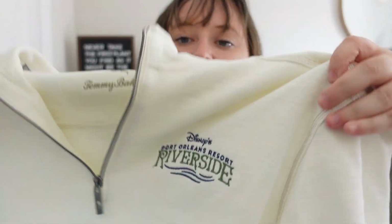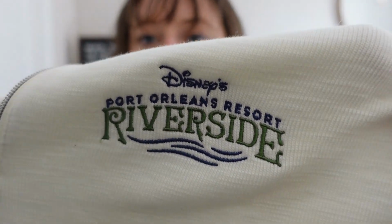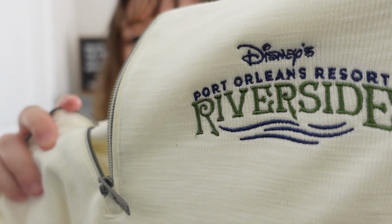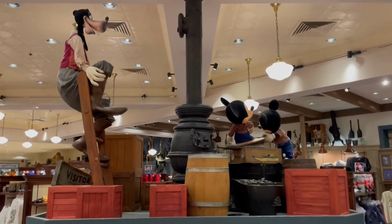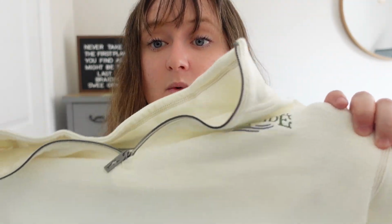So the second thing that I bought, clothing-wise, is this sweatshirt, and it is Port Orleans Riverside. I don't know if this is gonna be backwards for you, but it is super adorable, and it's white, and I, again, love it. So I impulse bought this. This was in the store at our hotel, and the thought behind this is I can actually wear it at work. It's super professional looking, and I will and have already worn it to work,